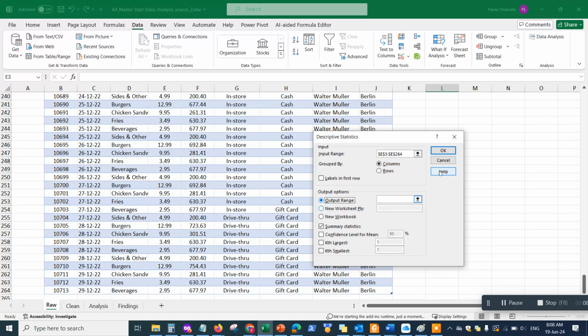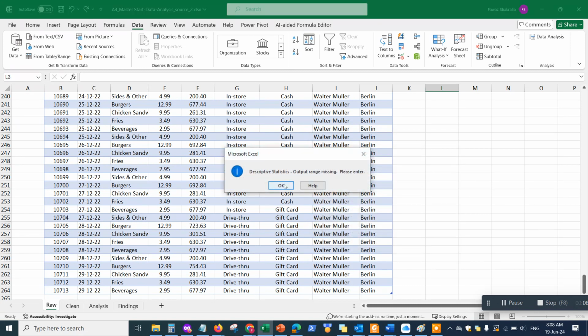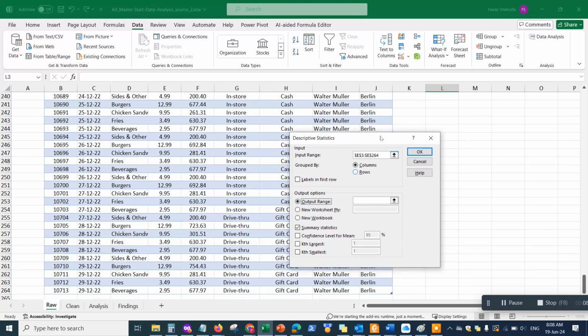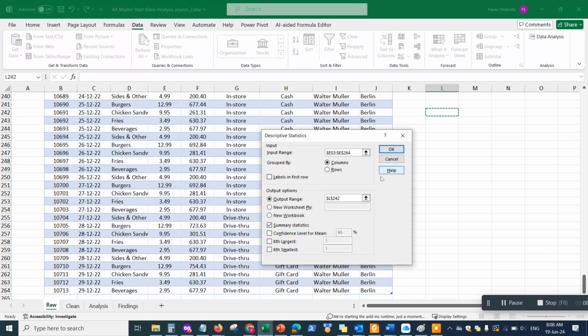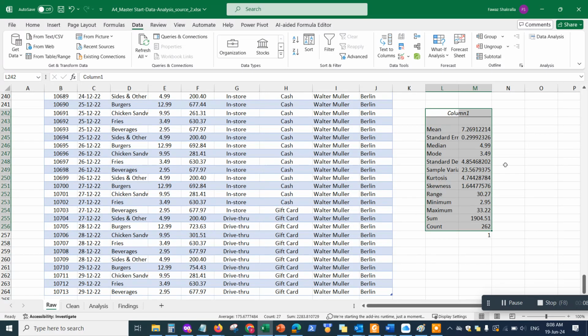And then hit OK. Okay, I had to make sure I put the output range, which is right here. I'm just going to choose it right here. Okay, and then go back here. Once you choose the output range, then just hit OK, and then it should load up your descriptive data statistics,